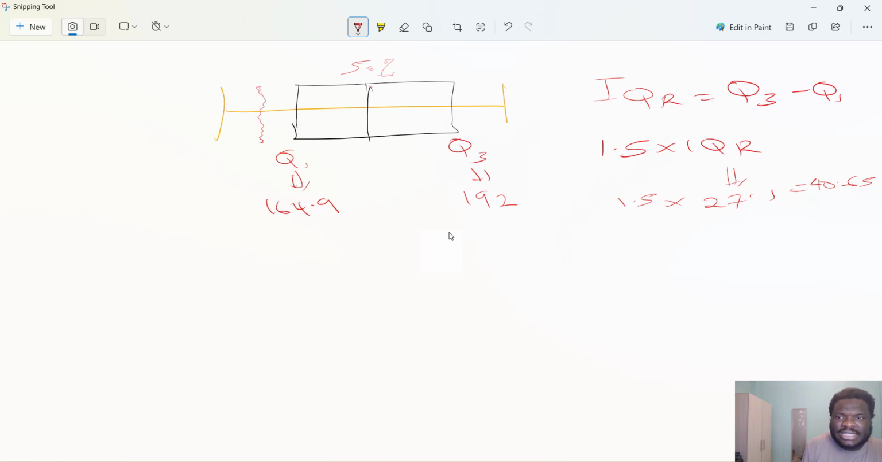You know, Q1 is greater than this value. Q1 is greater than 1.5 IQR. Okay, so we are basically just adding backward. So we say Q1 minus 1.5 IQR, so you can arrive at this point. So we would say Q1, which is 164.9, minus 40.65. So this point is simply